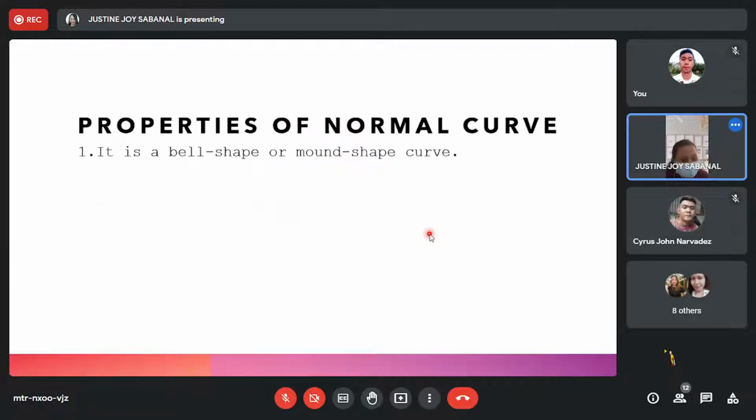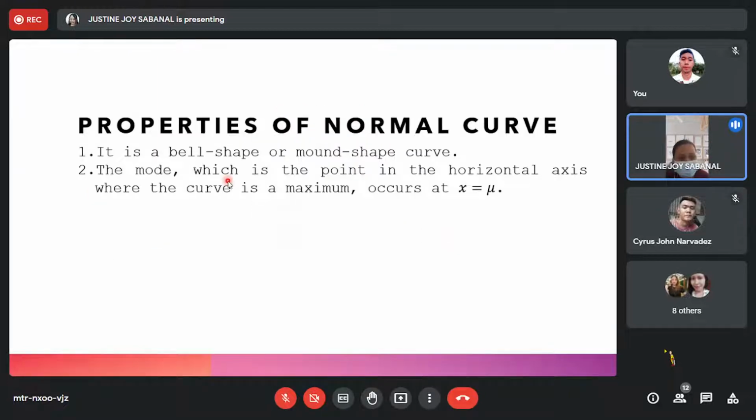So, another property is that the mode, which is the point in the horizontal axis where the curve is maximum, occurs at x equals mu. So, kaya natin na